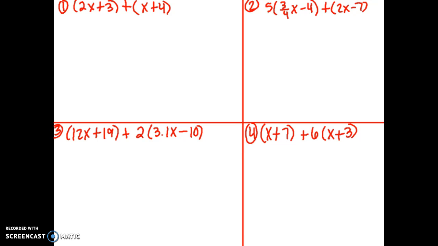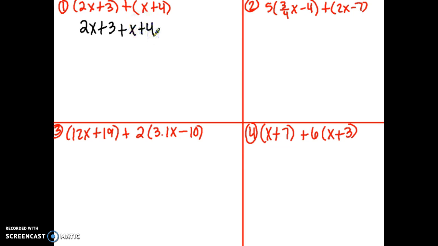So number 1, 2x plus 3 plus x plus 4. The first thing I'm going to do is look right before my first parentheses. There's nothing here for me to distribute. In front of my second parentheses, it's just a plus sign. There's no number there, so there's nothing to distribute. So I'm going to rewrite this without parentheses, because nothing's being done to the first expression, so it's just 2x plus 3. And this plus sign is not going to change anything in the parentheses, so it's just plus x